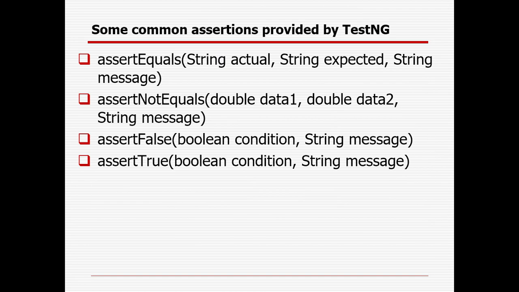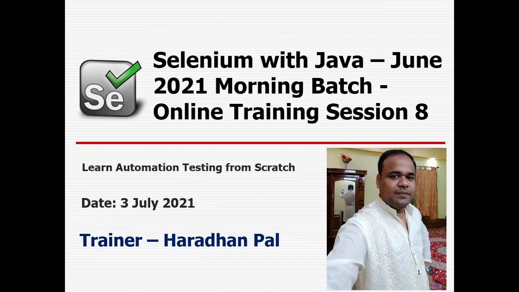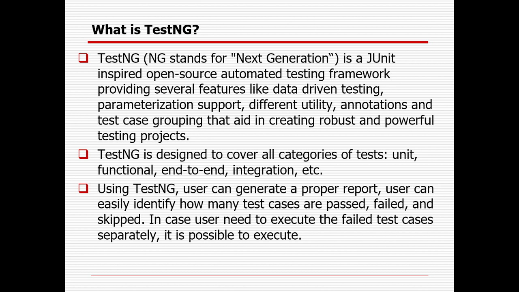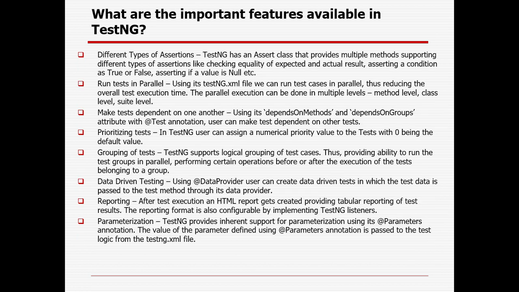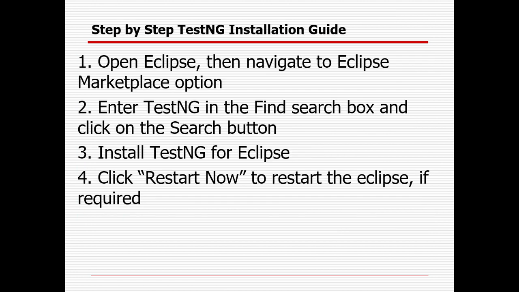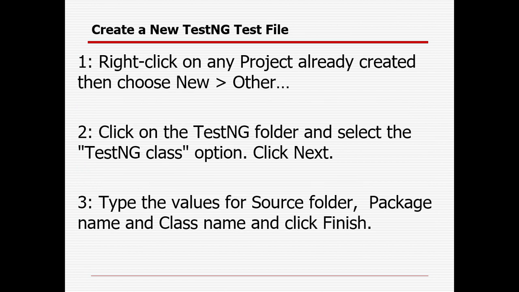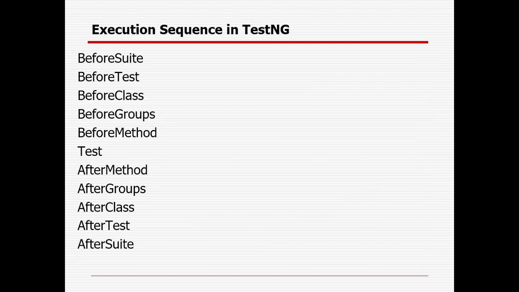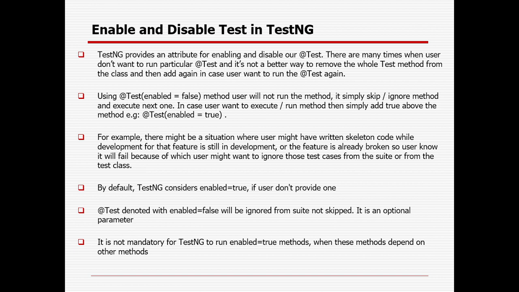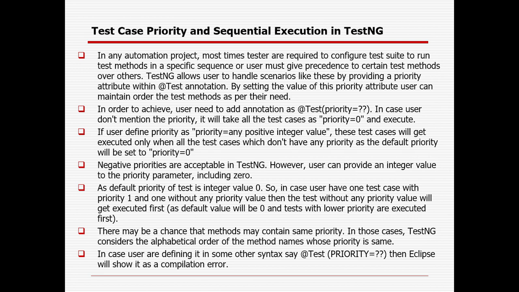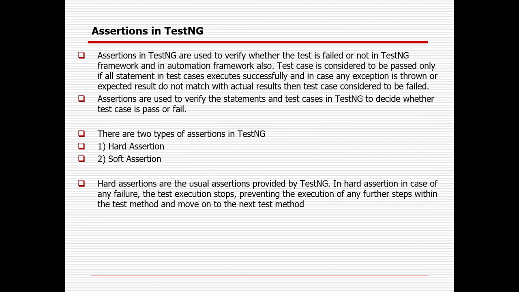I will recap once more the different things covered today. So what TestNG is all about, right? What is it useful for? What are the important features available? Assertion, different kinds of assertion, you can prioritize the test cases, you can group, reporting is also there, right? Parameters and data-driven parts and grouping I will cover in my tomorrow's session. How we can install TestNG, how we can create a TestNG class, right? What are the different annotations available, what is the sequence order of annotations, how you can enable or disable a test with the help of enabled equal to true or false, how you can prioritize the test case with the help of priority, how you can do hard assertion, soft assertion.